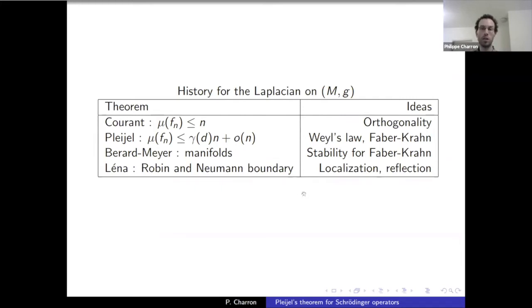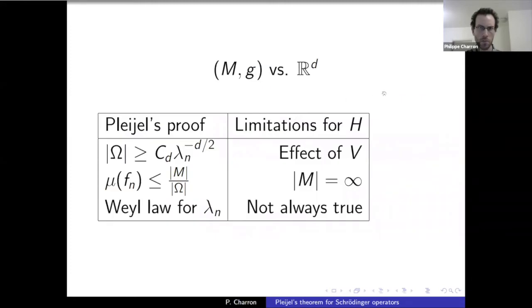And then what you show is that you cannot have too many of those as well, because you use Faber-Krahn on this reflected domain. So those are all incrementally more refined tools to understand it. And so that's basically the history for the Laplacian. Now,